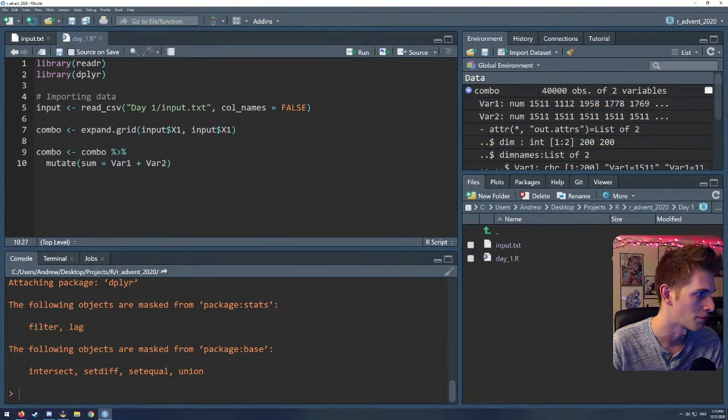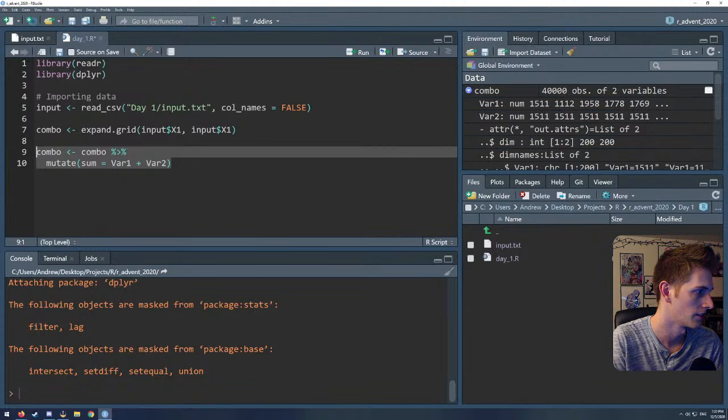So when we used expand grid, it created this new data set over here called combo, and it just named our variables for us. There might have been some arguments I could have put into the function, but we're fine with var1 and var2, so we're gonna call it that. So we're gonna have this new variable called sum,